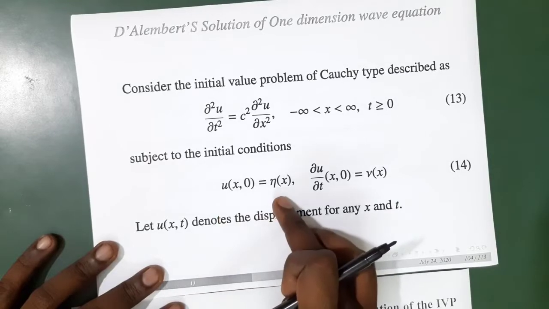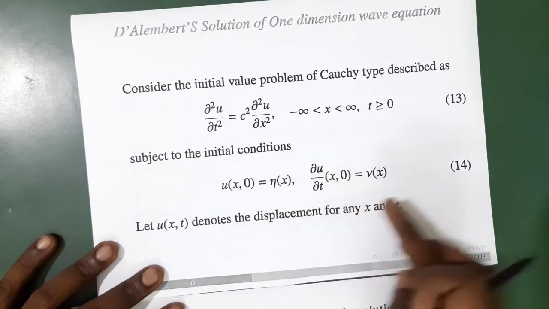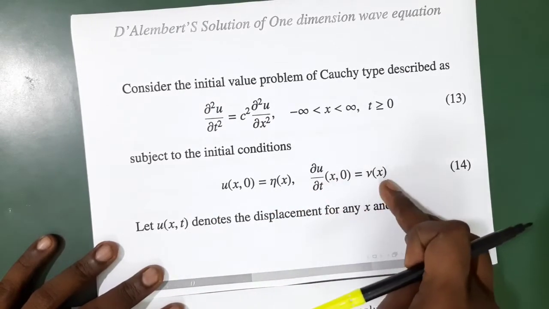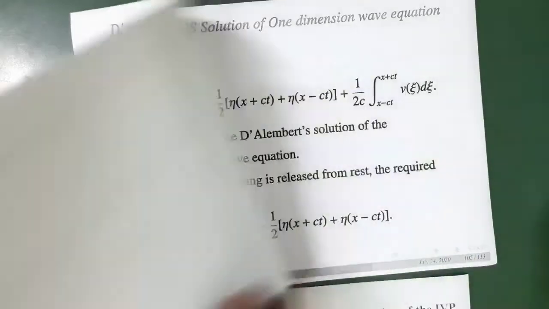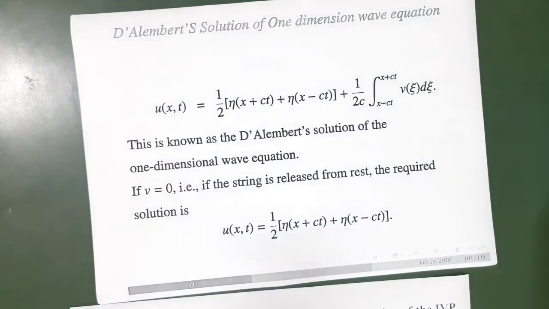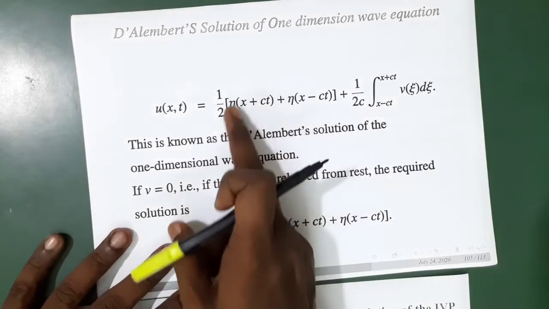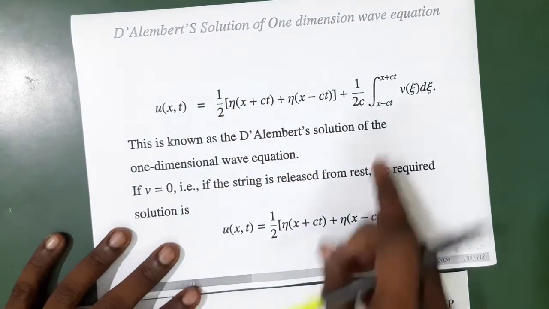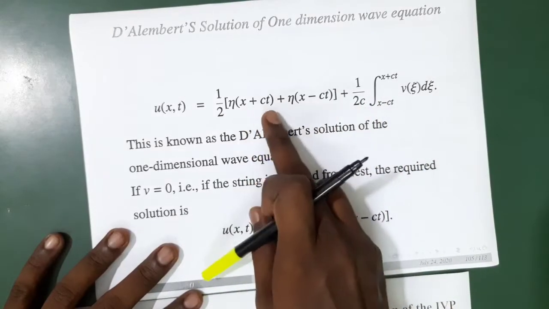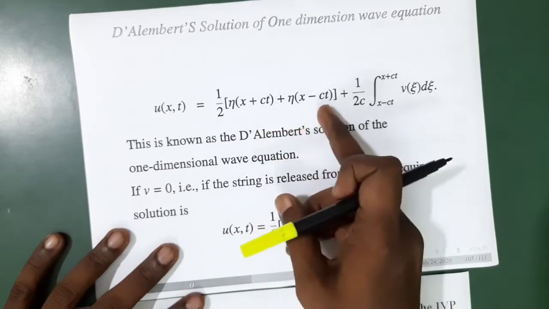So u of x comma 0 equal to eta of x, and initial velocity is v of x. Then by the D'Alembert solution, u of x comma t is equal to 1 by 2 eta of x plus ct, eta of x minus ct,